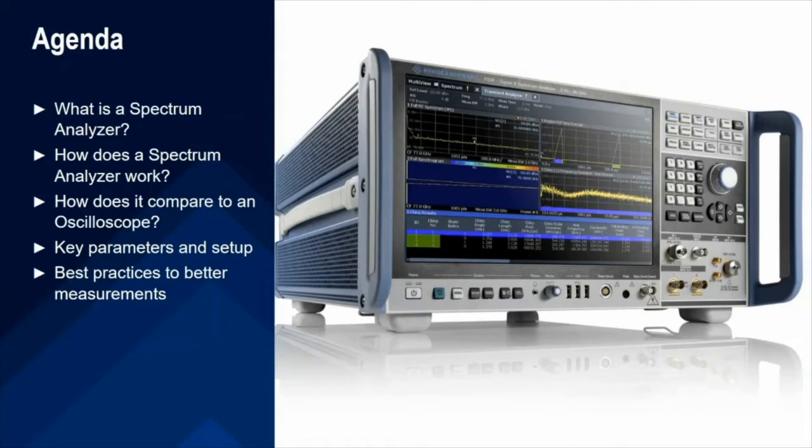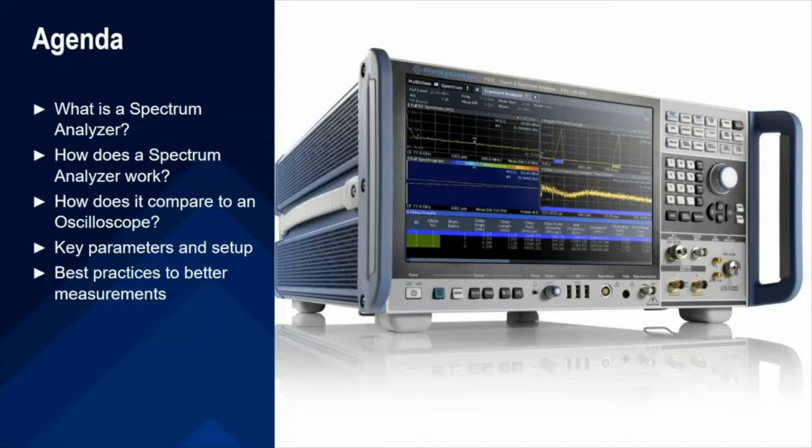First, we're going to start with what is a spectrum analyzer, and give you a quick overview of that. We'll talk a little bit about how a spectrum analyzer works, and as part of that, how that compares to an oscilloscope. An oscilloscope is something that a lot of people are pretty familiar with, and so comparing the spectrum analyzer back to an oscilloscope can maybe clear up any confusion on how the two instruments work differently. We'll talk about key parameters and setup for a spectrum analyzer, and then we'll finish up with best practices